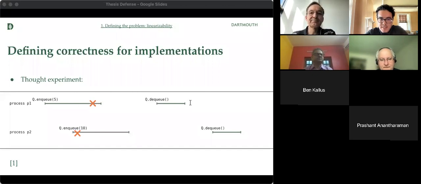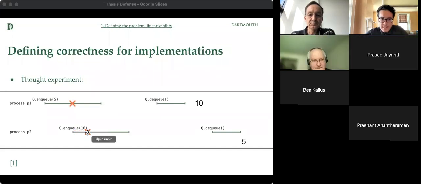10. Exactly, because that's the first enqueuing that took effect was the enqueuing of the 10, and then the second one should be 5. But this doesn't need to be the case. I mean, I arbitrarily placed these locations as the instance in time where they take effect, but that doesn't need to be the case. If this took effect a little earlier and this took effect a little later, then you would have the opposite case where the first thing that would be dequeued would then be 5,